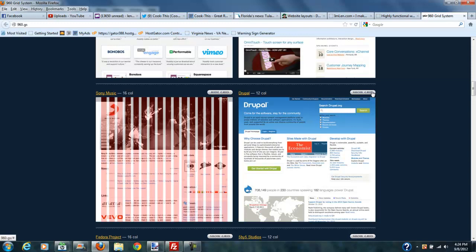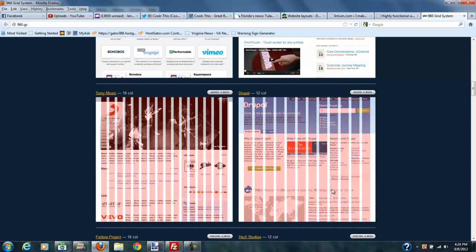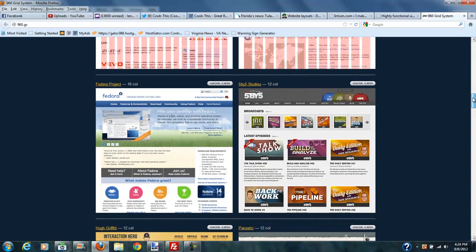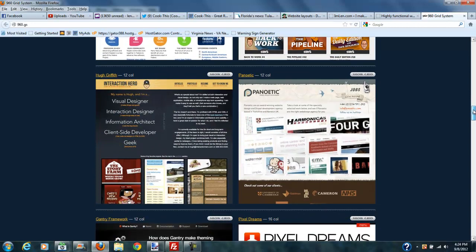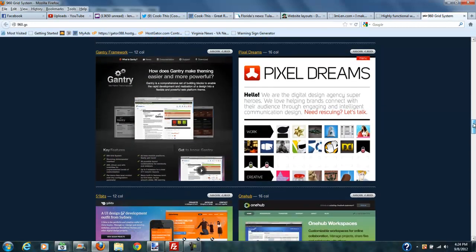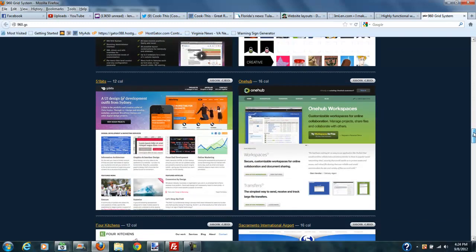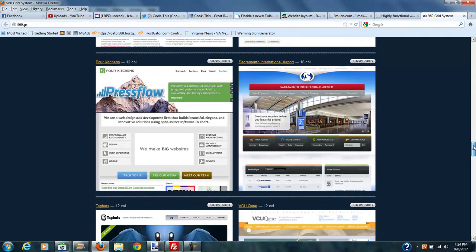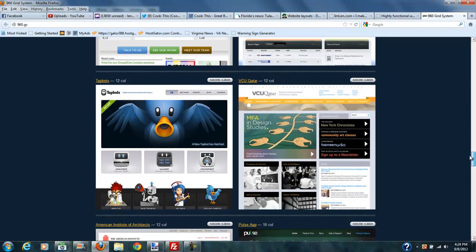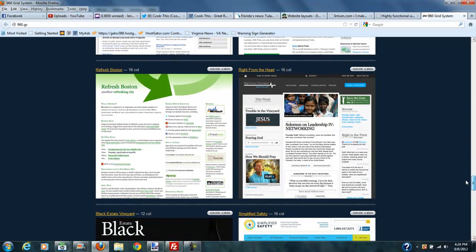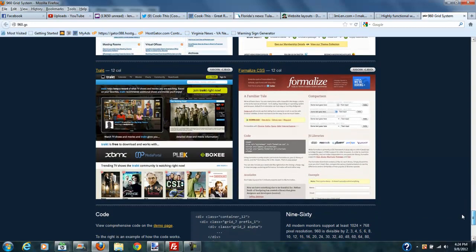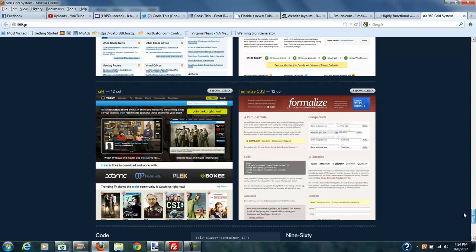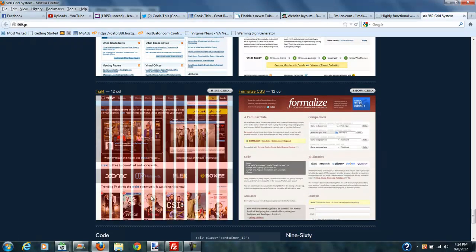So let's look at Drupal, which is another huge website, and they're on a 12 column grid system. Fedora Project, 5x5. Some of these websites you've heard of, some of them you haven't. Some are really big websites, and some aren't all that big. Some are just a little more notable for using the 960 grid system. But the 960 grid system is a very good system for just the ability to lay things out in a somewhat functional manner. Let's show this 12 column right here,